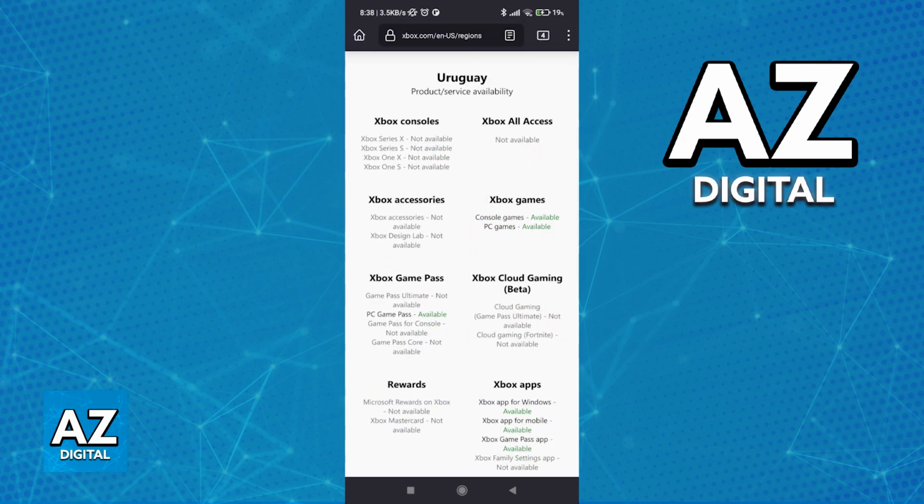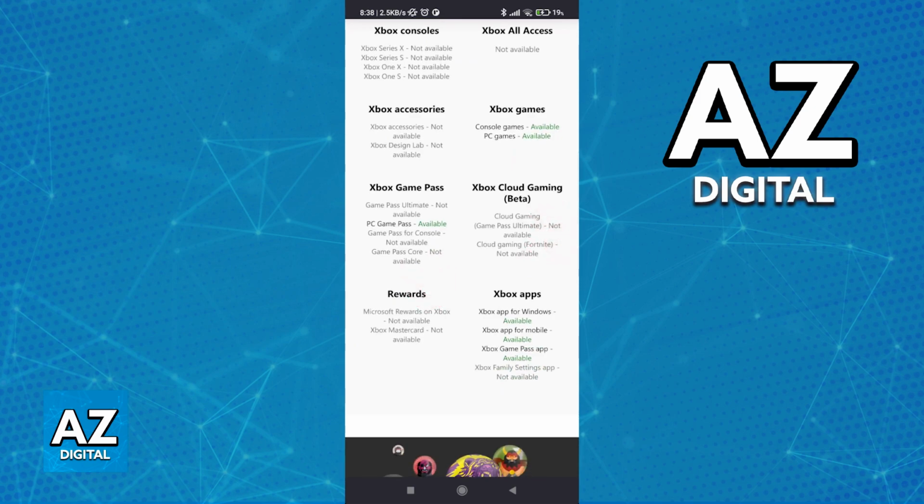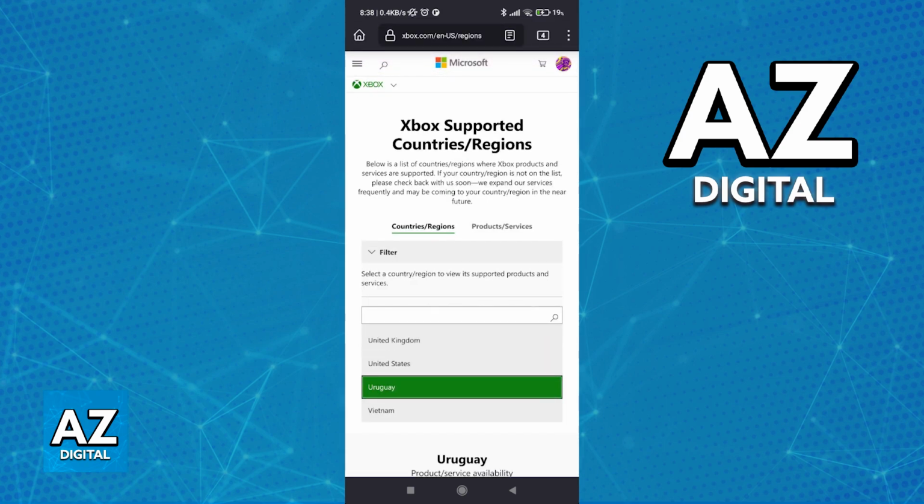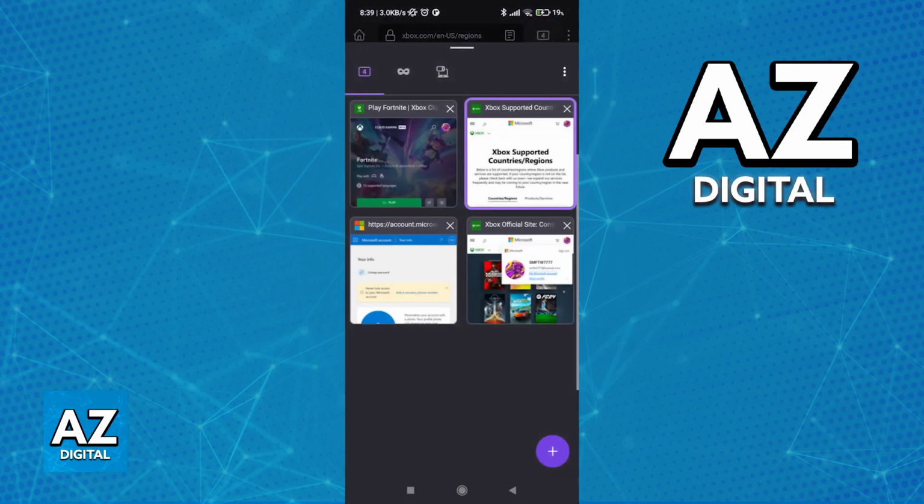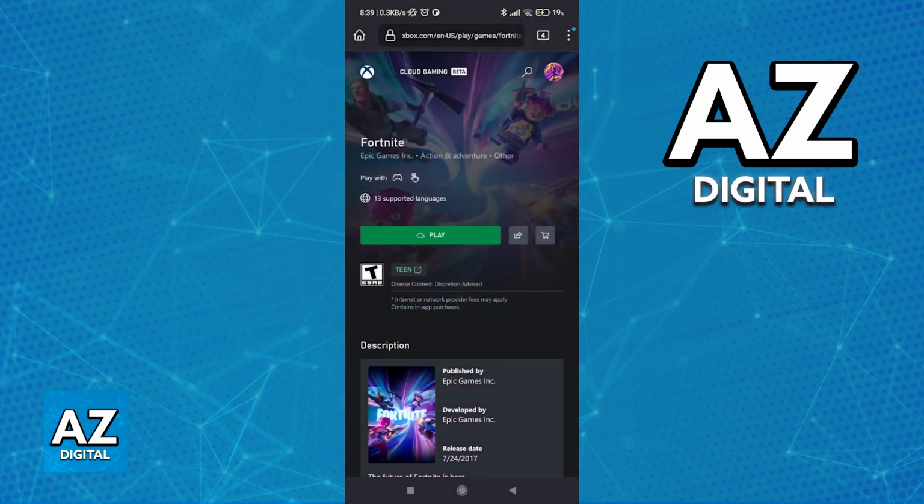However, if you select a country from the list which does not support cloud gaming, you will notice that it says not available. If this is the case for your region, you will not be able to natively access Xbox Cloud Gaming. You will have to use a VPN. For this video, I won't be able to showcase any VPNs, but there are plenty of services out there and it comes down to personal preference which one you want to use. With this out of the way, as long as Xbox Cloud Gaming is supported officially in your country or you use a VPN, you will be able to access it on any device.